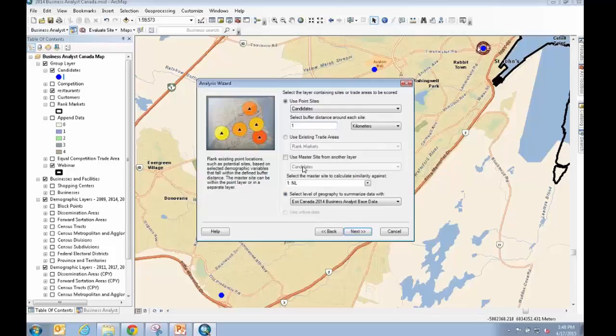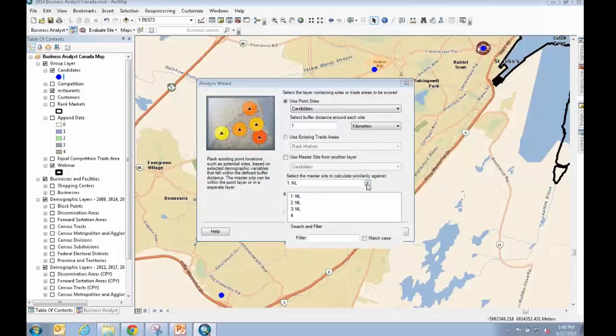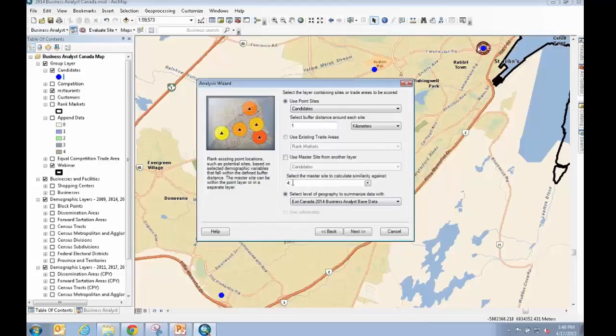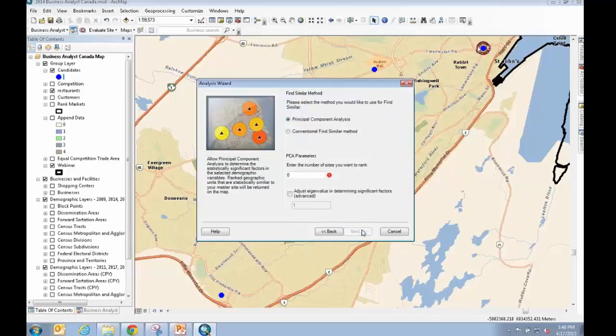So I set my buffer. Here I'll leave this as is for my demographic data where I'm pulling my information from, and just my master site, I know that this name here relates to my freshwater location. Click Next. Now, if I was going to do principal component analysis, this is where I would enter the number of sites that I wanted to rank and go further with it. But because I'm just doing the conventional find similar method, I'll just select that